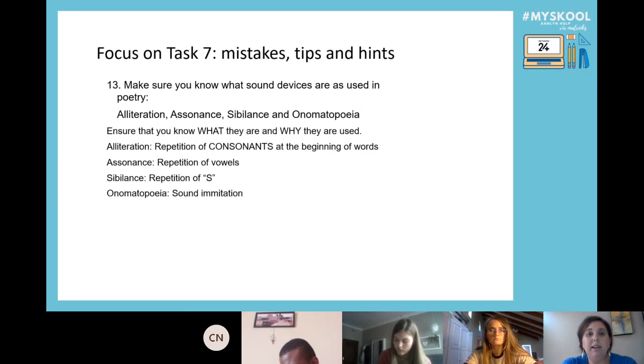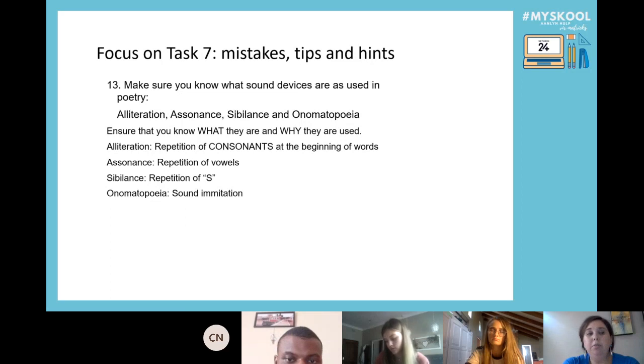Okay, assonance, Layla? Assonance is the repetition of vowels, ma'am. Yes, exactly. The repetition of vowels: how, now, brown, cow. And the vowels must sound the same. Okay, even if they are not like,